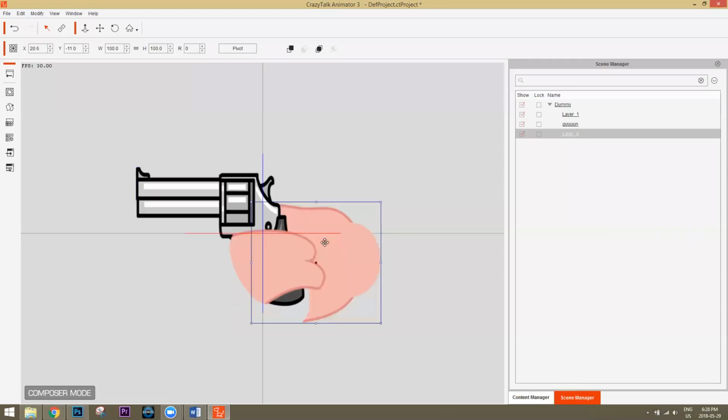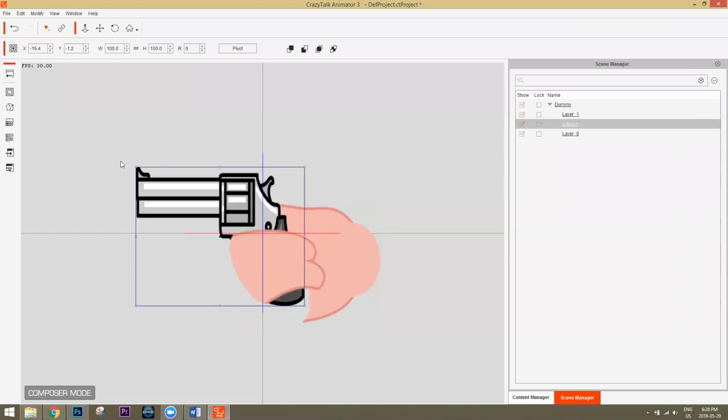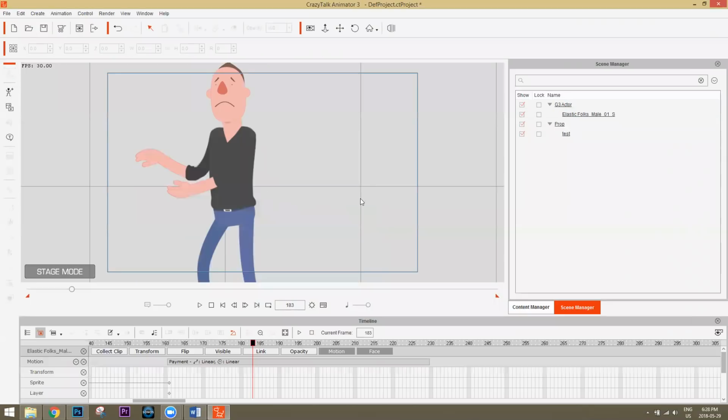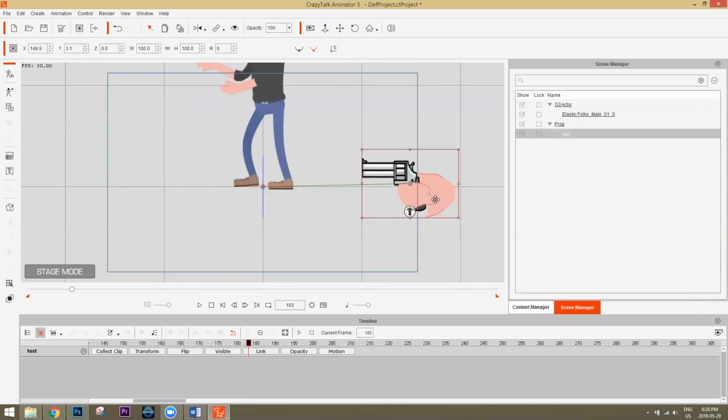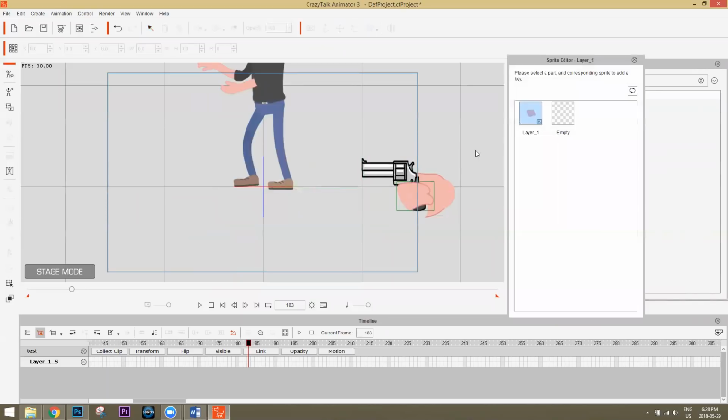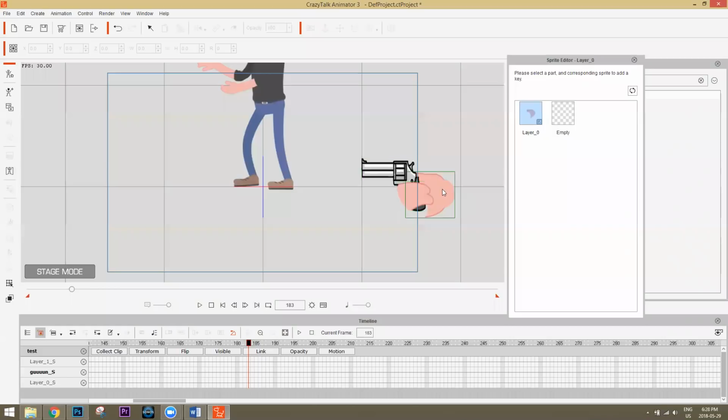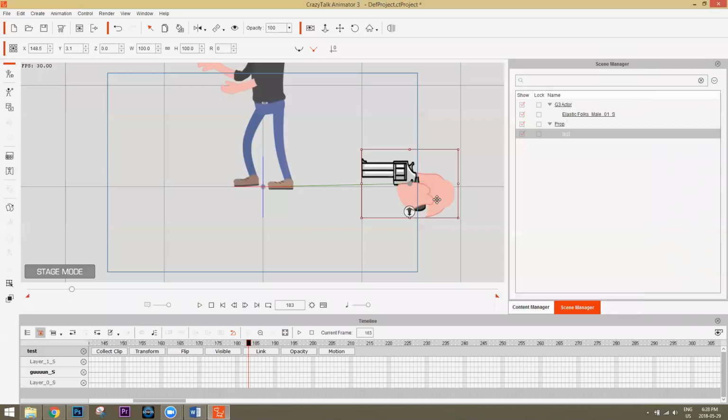So layer 0, whatever this layer was, there you go. And back to stage mode. Where is it? There it is. So here's our prop, right? In the sprite editor, there's only one single sprite, but three different sections here. All right, that's how you can import a PSD file. So that answers your question there, Lance, except for the Illustrator thing.